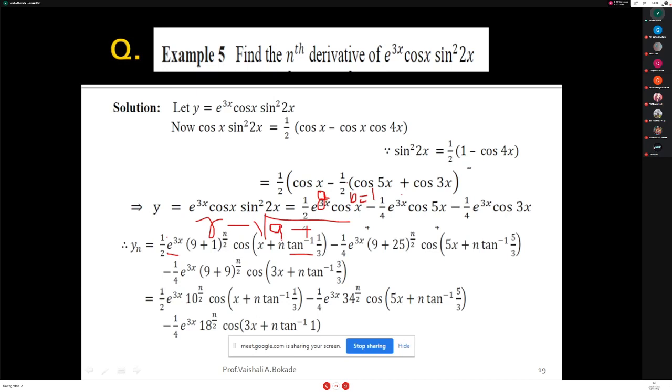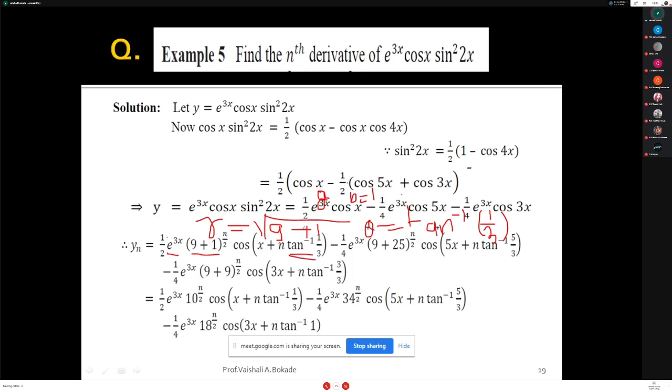3 square is nothing but 9, and 1 square is nothing but 1. So r is nothing but root of 3 square plus 1 square, root of 9 plus 1, that we are writing here, r raised to n. So root raised to n, here it is written. What we are having, phi? Phi is tan inverse of b upon a. So tan inverse of b. We are having b equal to 1 for the first case, and a is nothing but 3. So tan inverse of 1 by 3, it is written here.